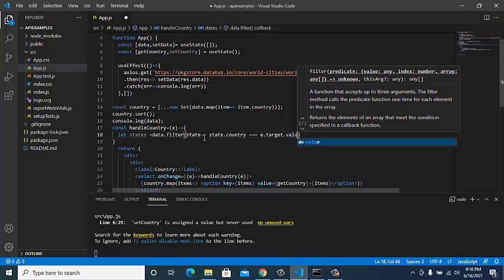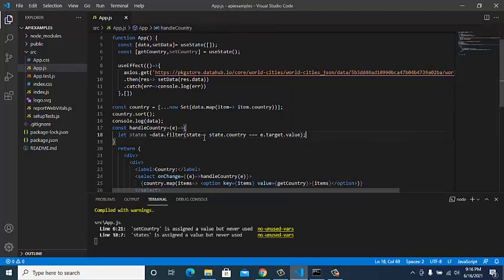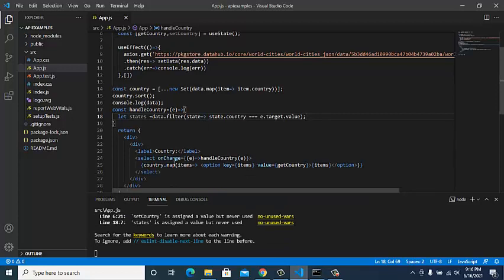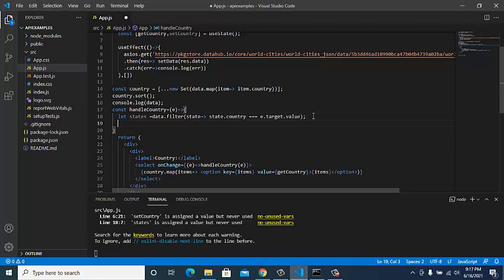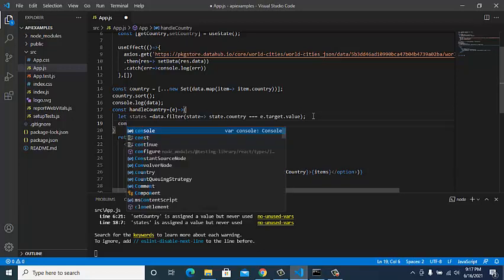Why am I doing this? When you select a country from the select box, it will give that value in this event, and this event will go over here, and we can get e dot target dot value from there, the particular country name, and we'll match the country name from the data array. Whatever country name is matching there, we will get all the data from that country: the country name, the state name, the city name, everything. So we'll take that country's data, just to show you what all things are coming.